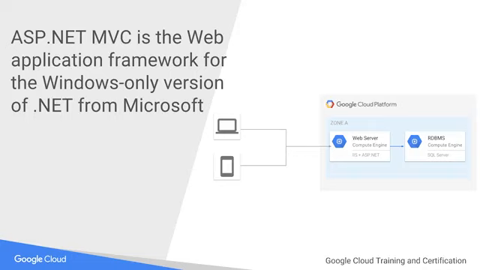We'll be coding a simple ASP.NET MVC application using C#. And if you're a developer working with Microsoft technologies, you'll know that this is a great way to build a web application. We'll use Microsoft Visual Studio as our integrated development environment, and we'll publish our application to Internet Information Services using Google Cloud Tools for Visual Studio.